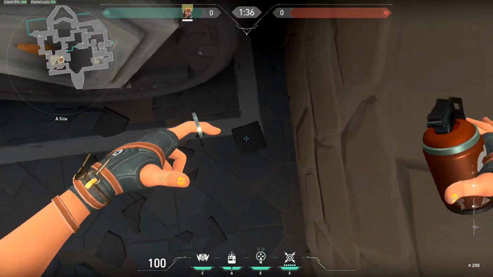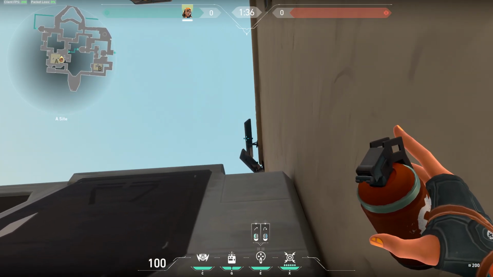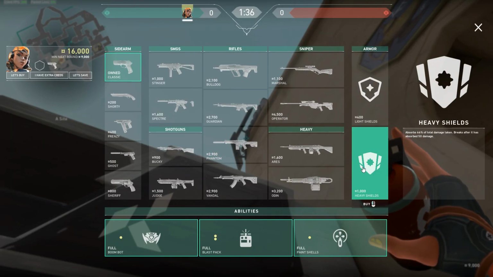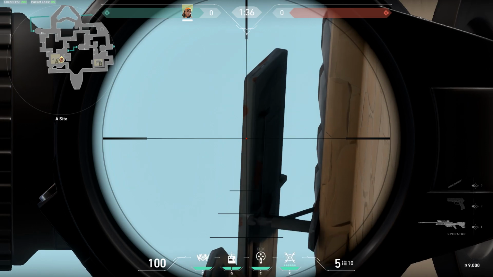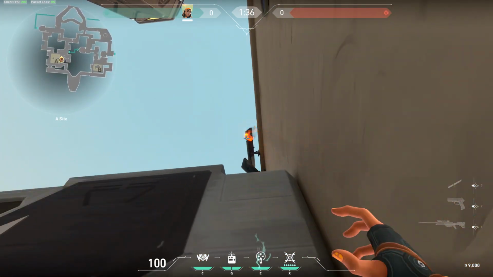So to do that, you're going to go right here as far as you can. You're going to take a little step back until you can see these monitors here. And you're gonna aim at this little diagonal piece on it. Here, let's zoom in on it. Right here. This entire area is slanted, so once you throw the nade at it, like this, it's gonna bounce